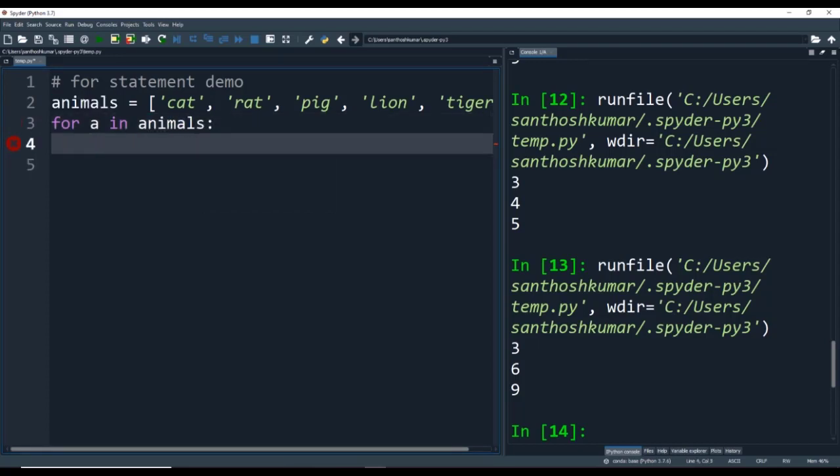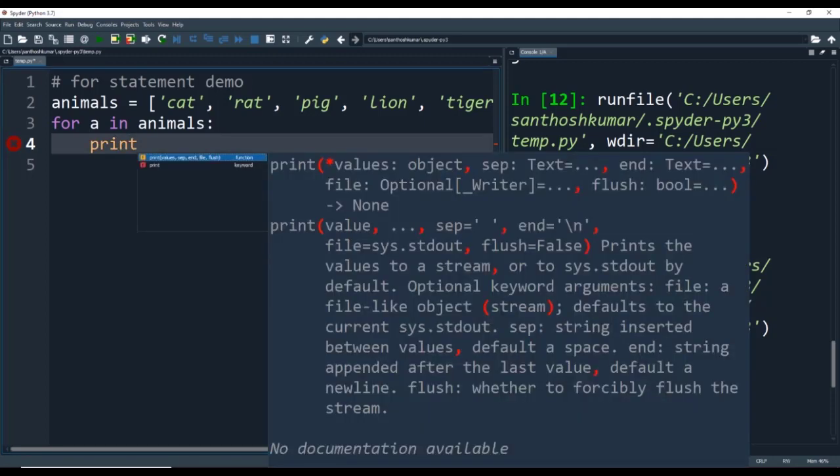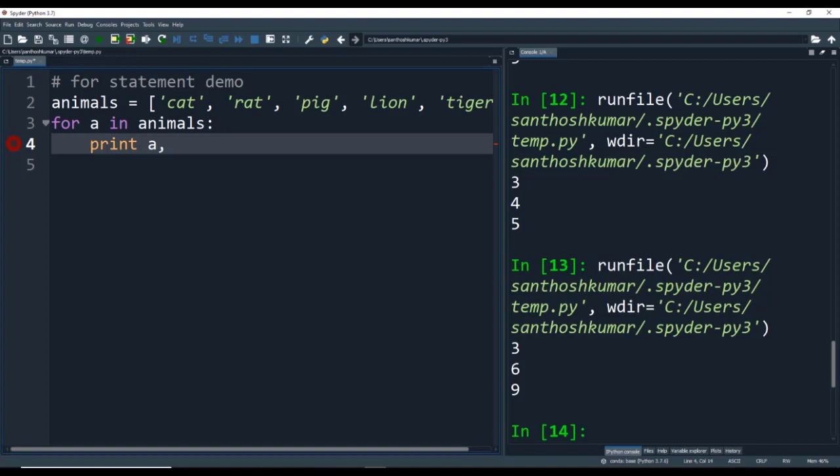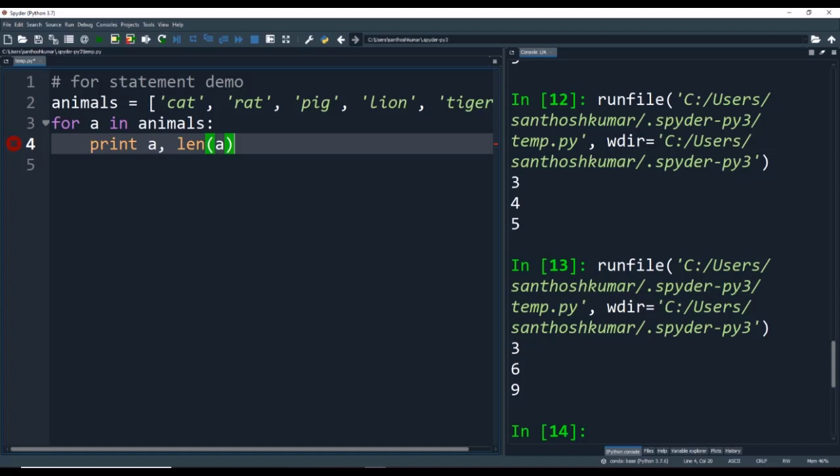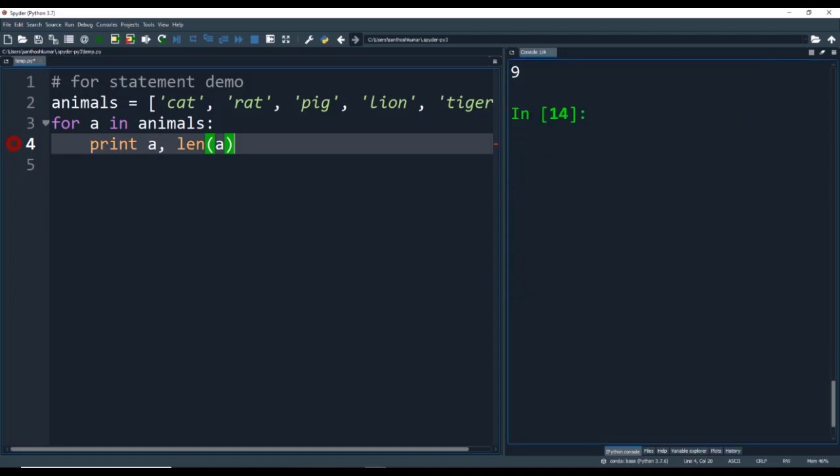Then I am typing the print statement below the for loop with the indentation towards the right, which means that this print statement would be included as part of the for loop. When I put the print statement, print a comma length of a, it should print the elements of the list and then the length of each element.